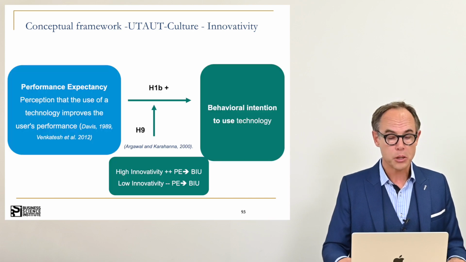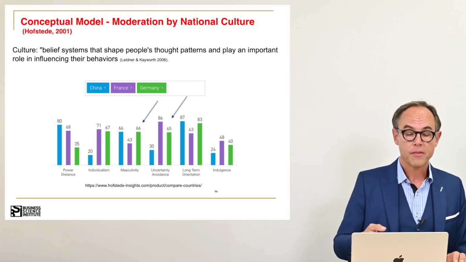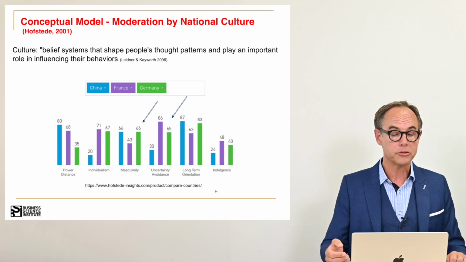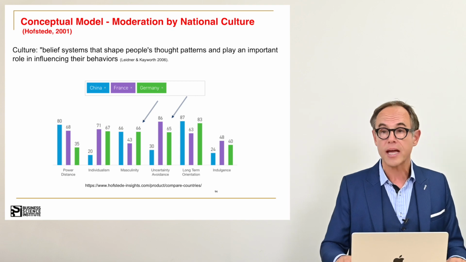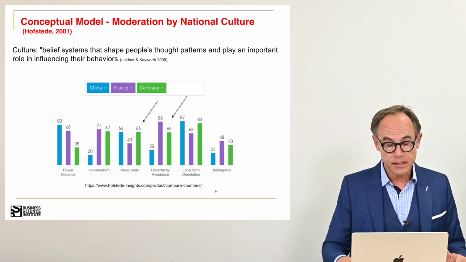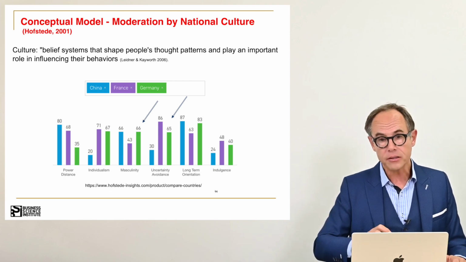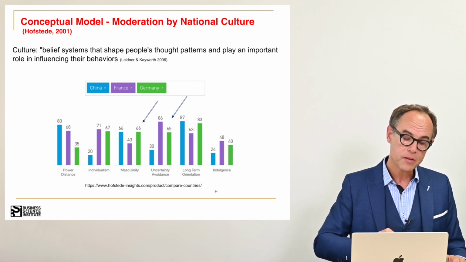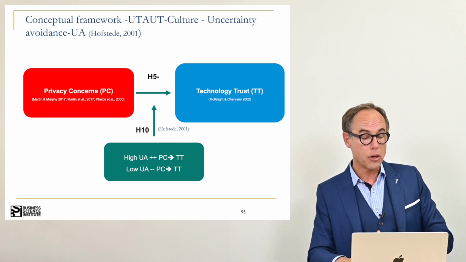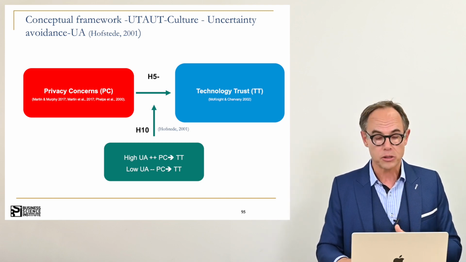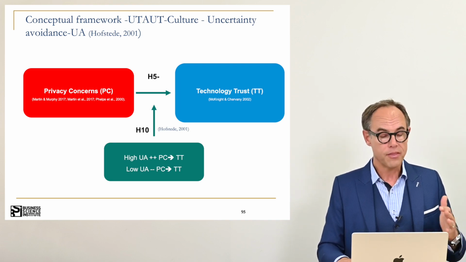And we have actually a cultural dimension. Culture is a belief system that shapes people's thought patterns and plays an important role in influencing their behaviors. Here we introduce uncertainty avoidance, which is actually the predisposition of the users to avoid uncertainty, to use new technologies. So, in other words, the higher the uncertainty avoidance, the stronger should be the impact of privacy concerns on technology trust. On the other hand, the lower the uncertainty avoidance, the lower should also be the impact of privacy